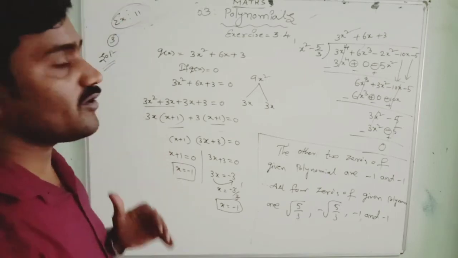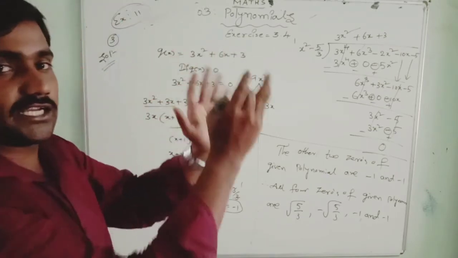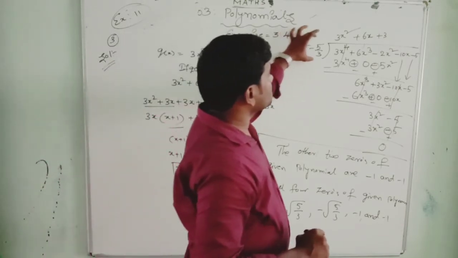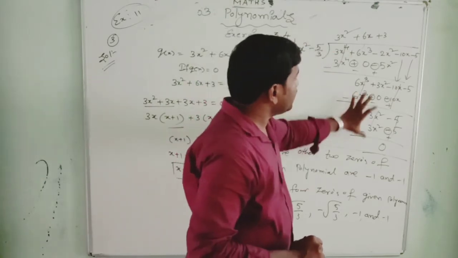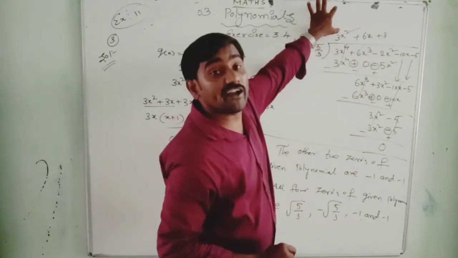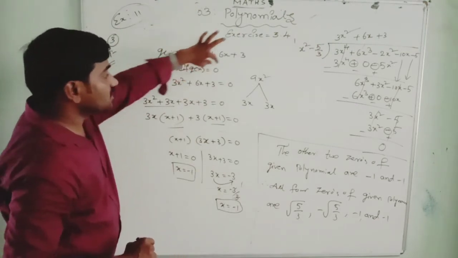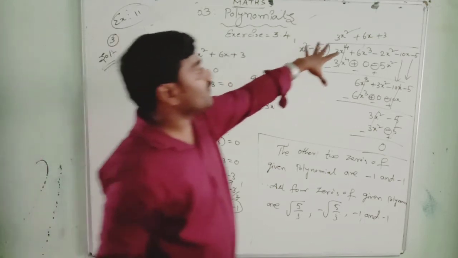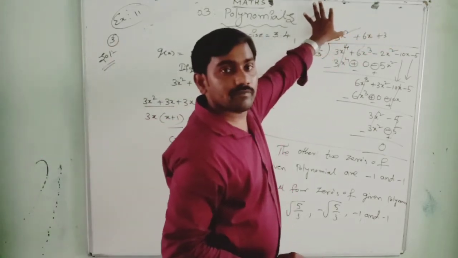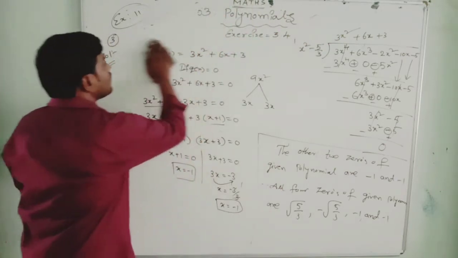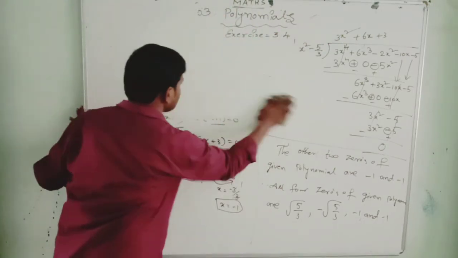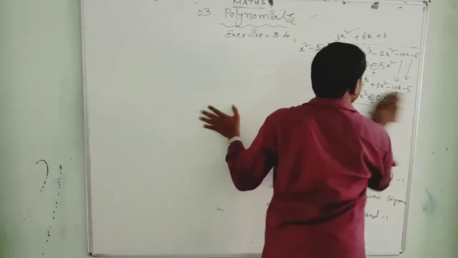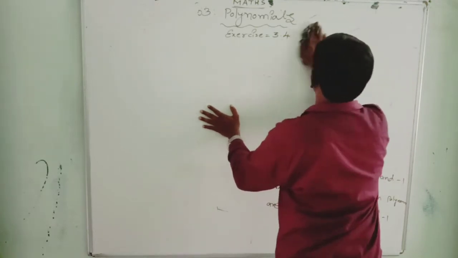Simple, for that biquadratic polynomial you have to take the zeros, you make it as x minus a and x plus a. With that you will get a plus b into a minus b form. That will give x square minus 5 by 3. With this if you divide, you will get one q of x in the form of a quadratic polynomial. A quadratic polynomial can be split by the middle term method. By the splitting middle term method we get two more zeros. Always a biquadratic polynomial will give a quadratic polynomial in the q of x. If you solve the q of x, then you will get the other two zeros. If you refer to example number 11, you can clearly understand again after watching this video.